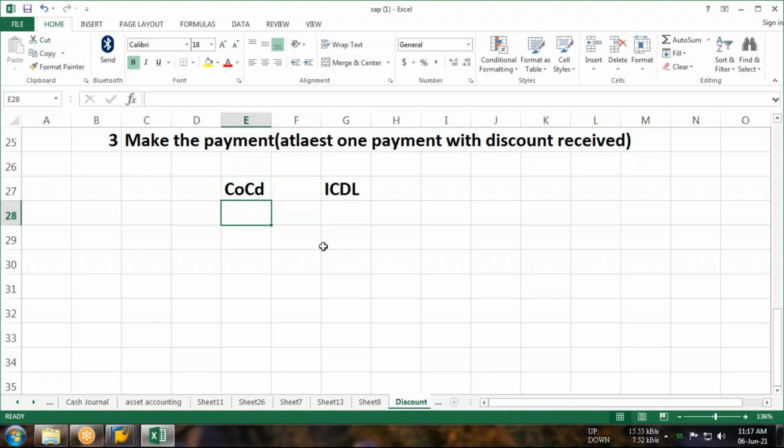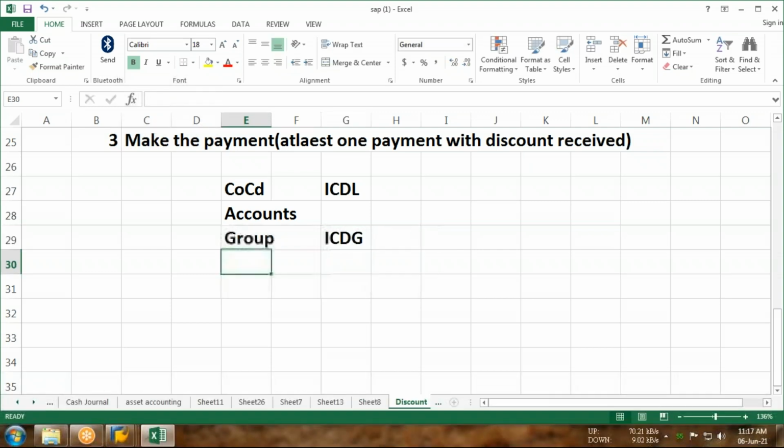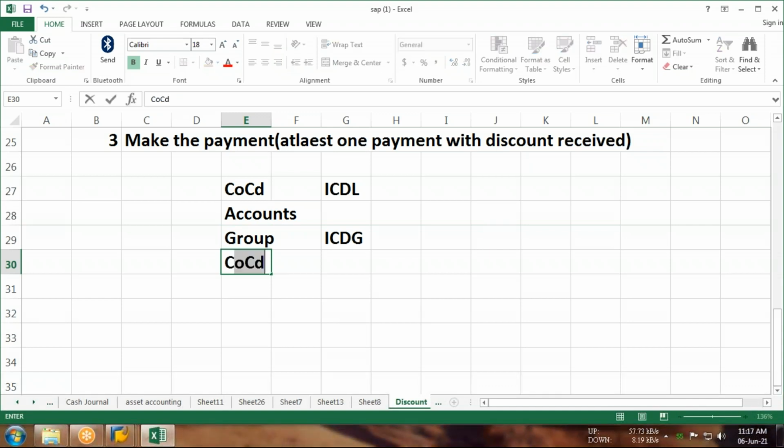Okay. What is needed to create a vendor? Accounts group, right? Guys, please respond with yes or no. ICDG. Yes, sir. Okay, so company code is ICDL, accounts group is ICDG. You can create the vendor over here. Okay. Chart of accounts is ICDL. It will help you to create your